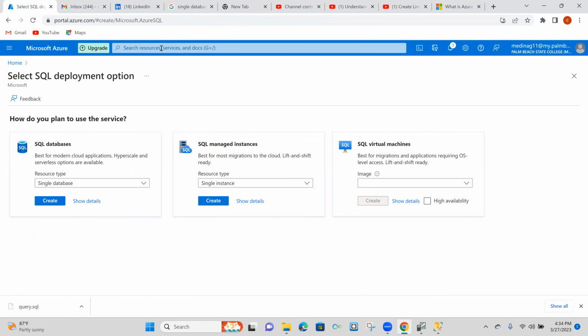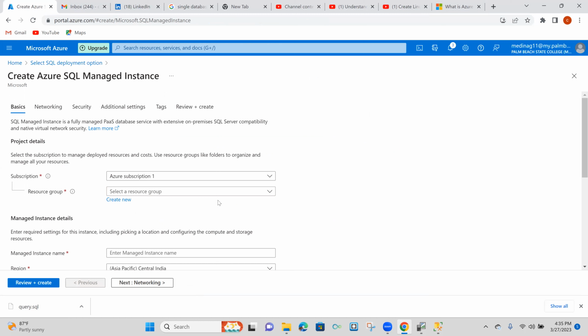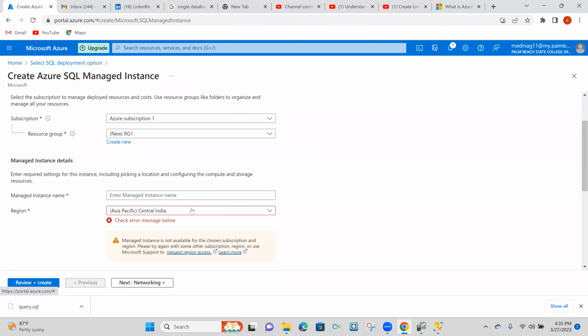So I already have it here. But if you want to, all you got to do is just go in the portal and type in Azure SQL. And I see it there, so select create. Now let me create a resource group. If you already have one, you're good. Check here, it is multiple subscription. Now for managed instance,